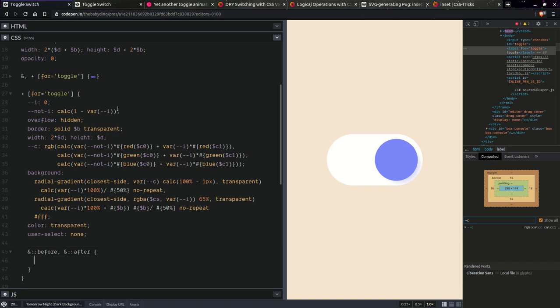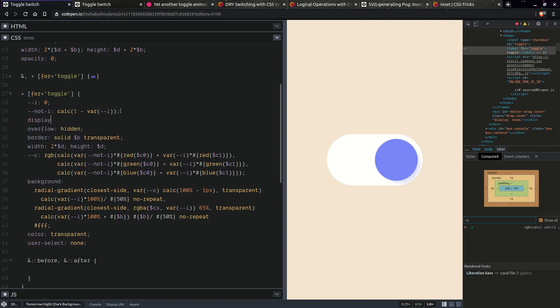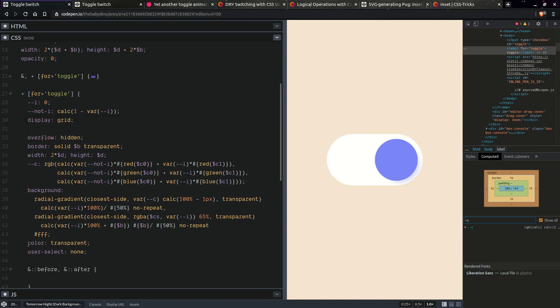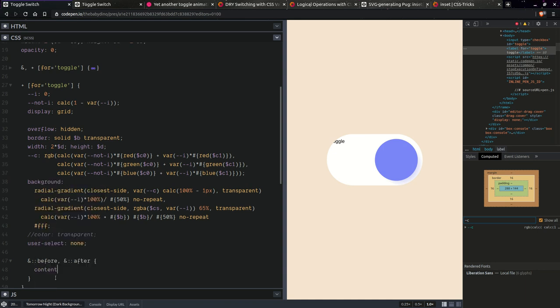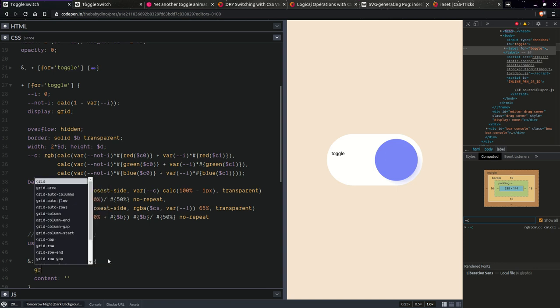Okay, and again we'll be using display grid here, and we need to keep in mind the fact that here we also have the text content. So content nothing. So this is going to put the toggle there, and we have 3 items, the before, the after, and the text content on this grid, and we want both the before and the after to be in the first grid cell. So grid area,